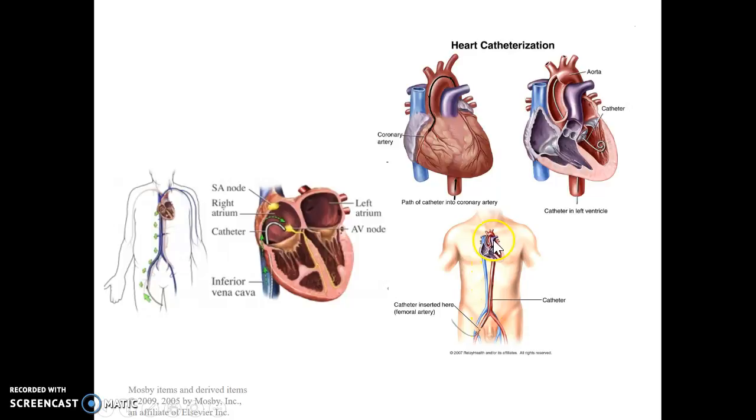With adults, they're almost always trying to thread up through, kind of coming against the flow, backwards through the aortic arch, and they're trying to check the coronary arteries. That is usually not what we're trying to check on kids. So we're more likely to be looking down along the septum here between the two,